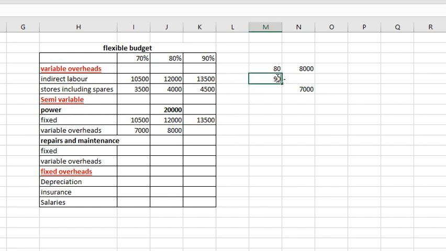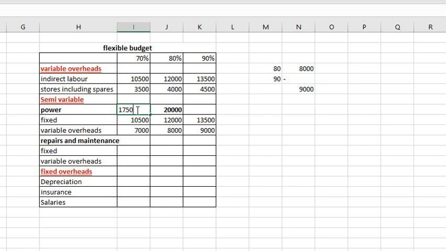Then for 90%, how much is it? Which is 9,000. So how did we get it? 90 into 8,000 divided by 80 will give us 9,000. So we have found out the fixed overheads. The total of this will be the total value of semi-variable power. So the total of this is